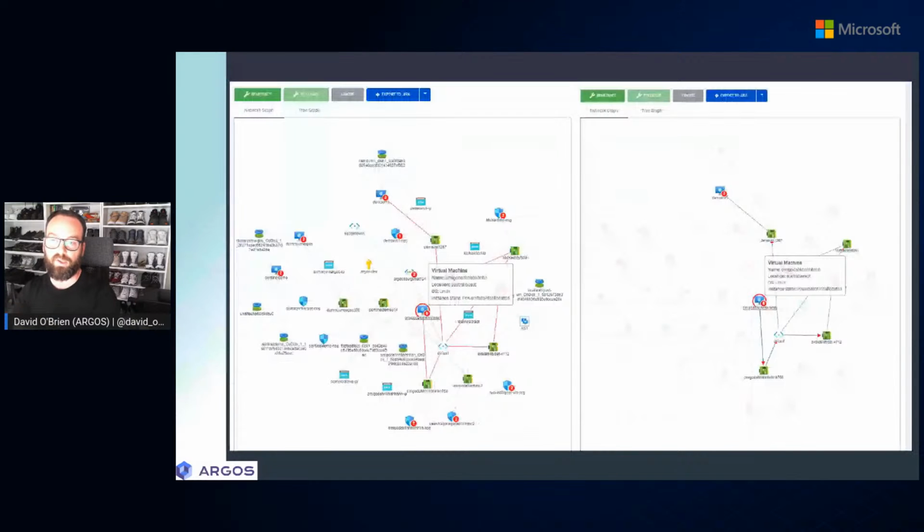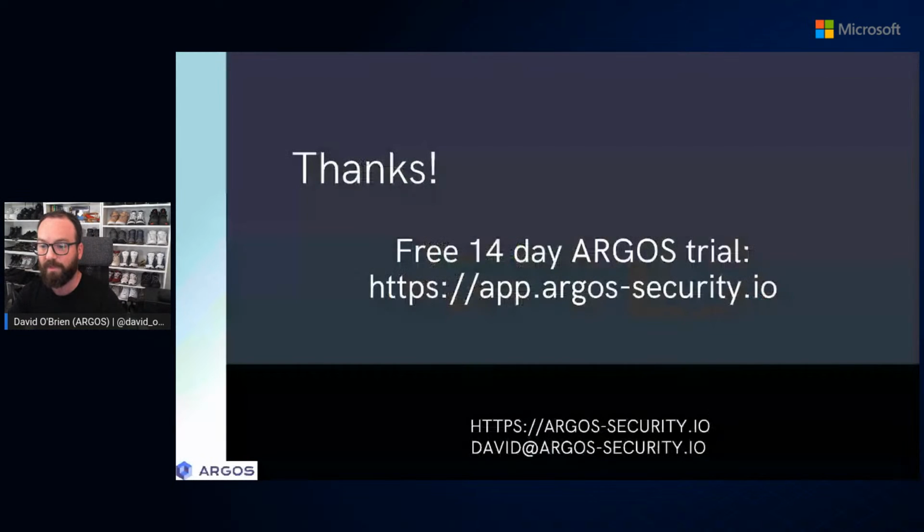No human needs to go and build a diagram like this. This is all done using Cosmos DB and Azure functions in front of that to really build this real-time diagram and paths. You can see the red graphs, and on the right side, how somebody could potentially laterally move through your environment. And this is all powered by Cosmos DB and Azure functions.